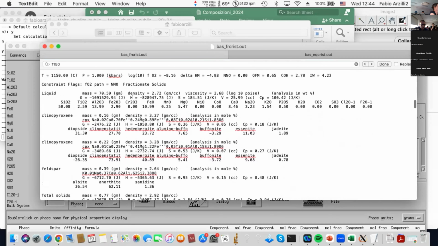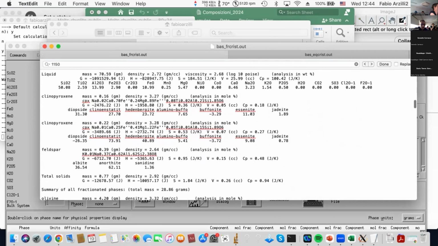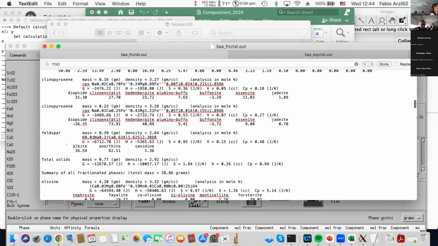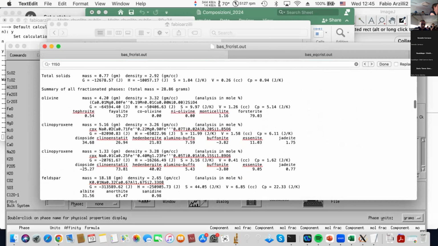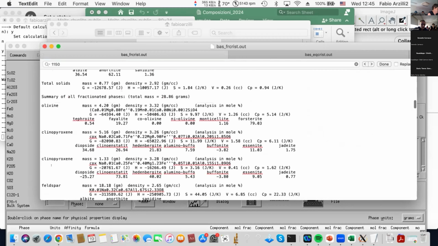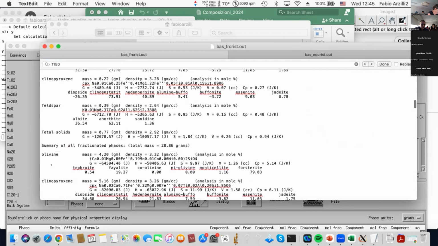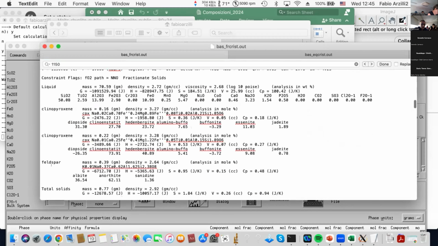So basically, after 1150, I have clinopyroxene, plagioclase with 62 anorthite, and then all the phases fractionated. Okay, and the liquid has 50